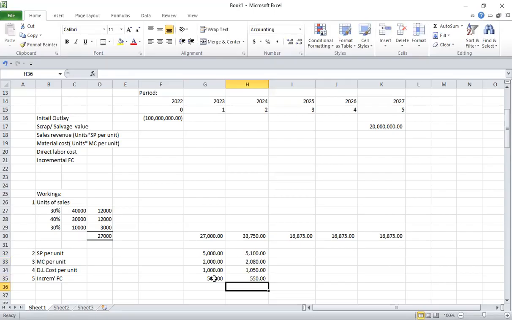Is that okay, gentlemen? Are we together to that point? Yes, we are together. If we are together, then when you come to year 3, year 4, year 5, you will very simply keep increasing by those percentages. Now you don't need to keep doing that manually. You can highlight all this, and then